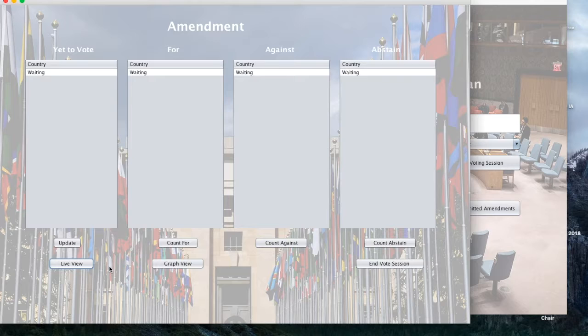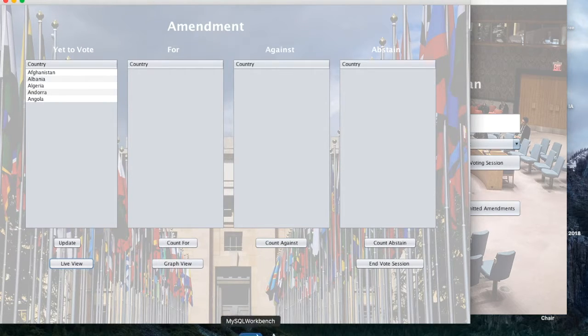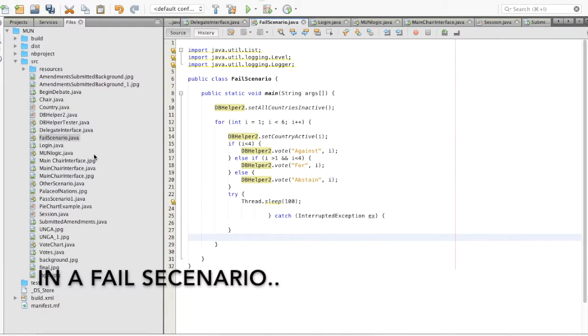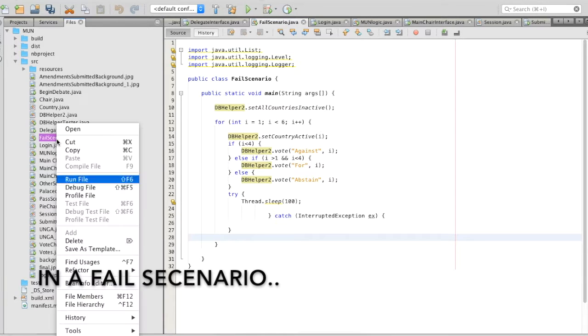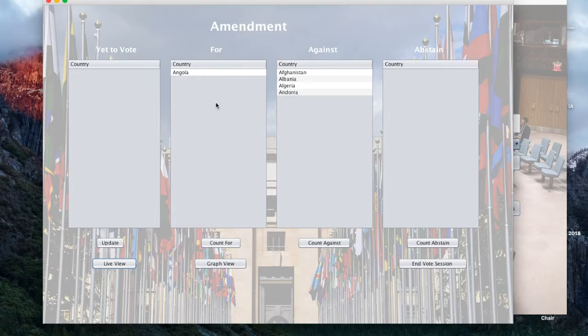Clicking the button Live View starts a live feed which shows that these countries are yet to vote. I have created classes which will automatically create test data to show fail and pass scenarios. For amendment voting, a fail scenario is a voting outcome that secures less than a 2/3 majority. As I've already activated Live View, returning to the votes form shows that the votes against override the for votes,